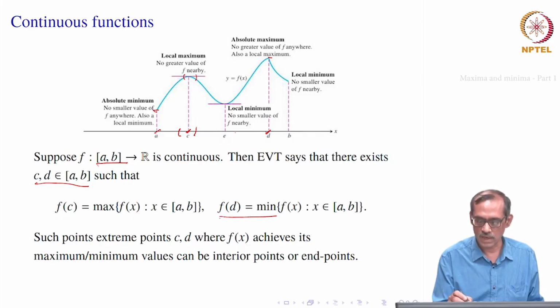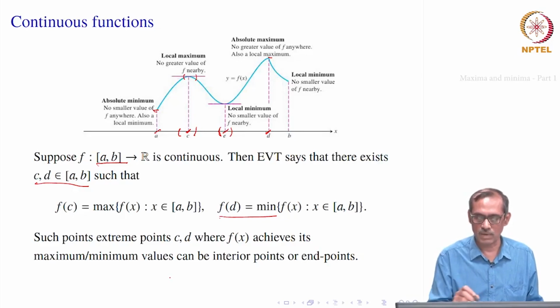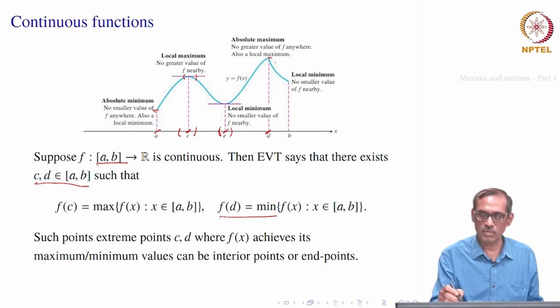Similarly, if you consider this point e, here we have a local minimum. That is, we can find a neighborhood of e, say e minus delta to e plus delta, where f(e) is less than or equal to f(x) for whichever x you choose inside that neighborhood. So, this is how local maximum, local minimum, absolute maximum, absolute minimum look. An absolute maximum can also be a local maximum, but the converse is not always true. Some of the local extrema are not absolute extrema, as you see here at c and e.